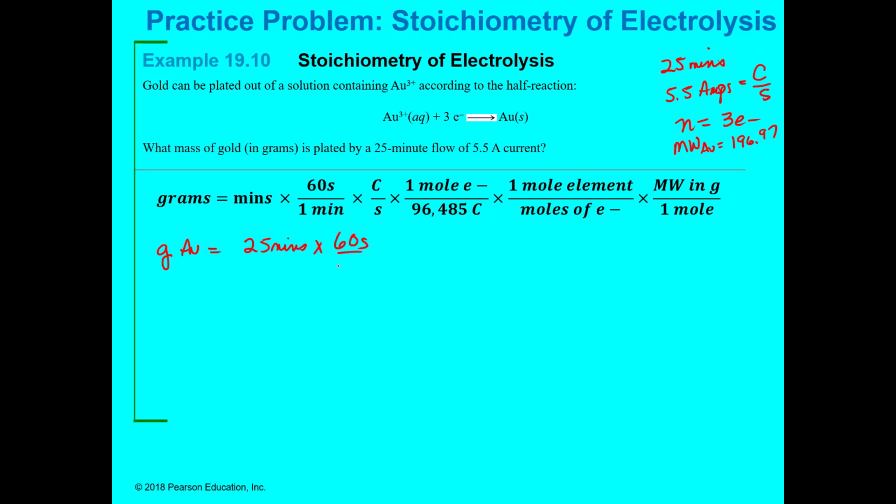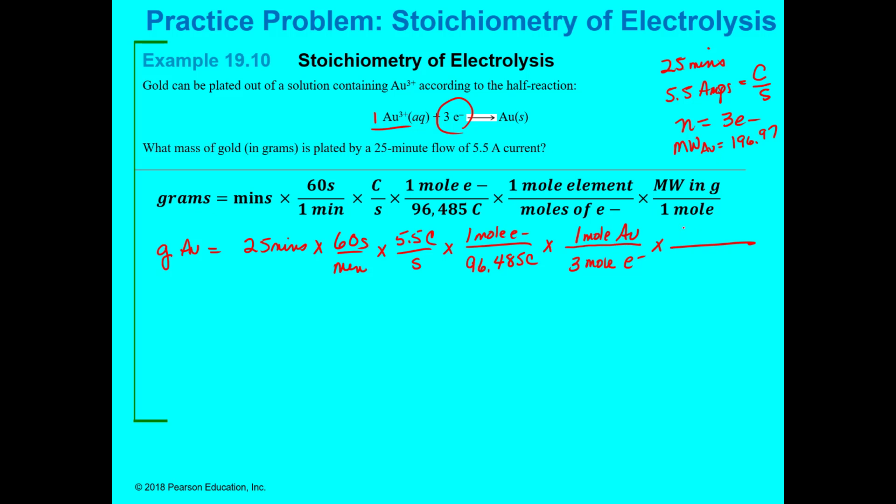times 60 seconds per minute, and I do that because coulomb per second. And so times coulombs per second is the number of amps you have, so 5.5 coulombs per second, times Faraday's constant, which is 1 mole of electrons, is the same as 96,485 coulombs, times 1 mole of the element. Okay, so 1 mole of gold is transferring 3 moles of electrons,